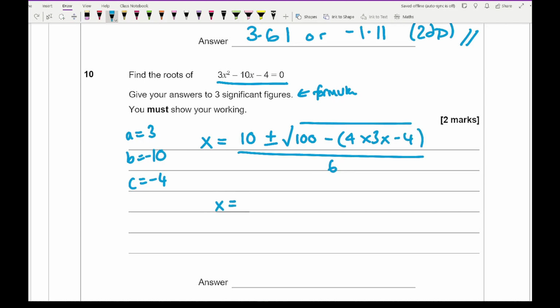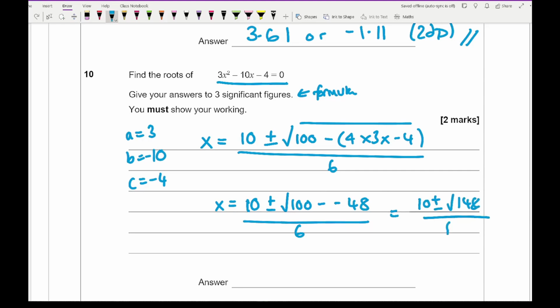So then x equals 10 plus minus 100, 4 times 3 is 12 times minus 4 is going to be minus 48, and all over 6. So I get 10 plus minus root 148 divided by 6, and type that all into my calculator. I get an answer of 3.69 or minus